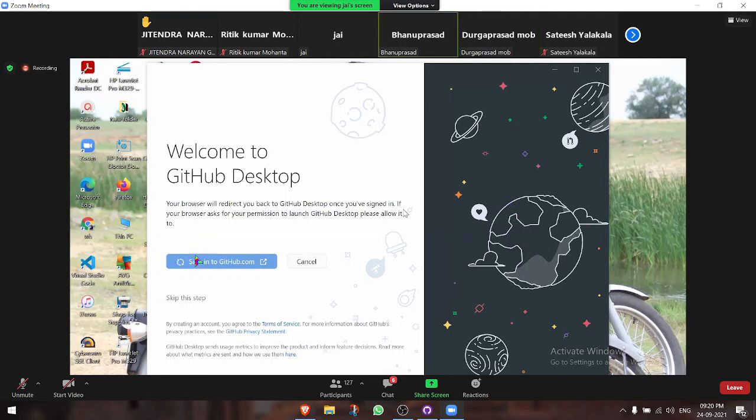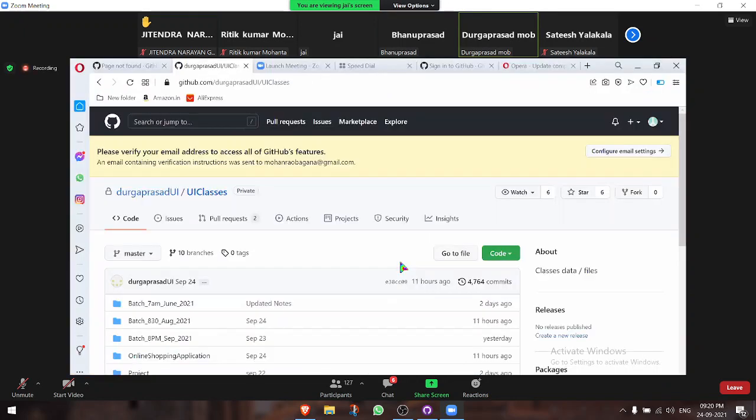Okay, can you go back to the web page? Configure is not needed. Okay. I think email verification is pending. Email verification is showing on the top. Okay, please click on that. Maybe let's see that. Configure email settings.